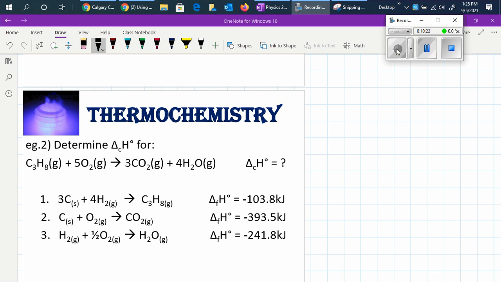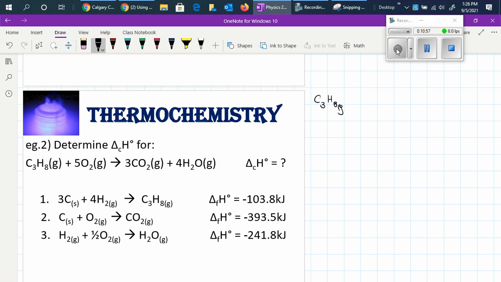So let's start with the main equation: propane is combusted with oxygen, so it's going through combustion and producing carbon dioxide and water. Now if we see the intermediate reaction, we have carbon and hydrogen forming propane. We want propane not on the product side, but on the reactant side, so we flip it. So equation 1 will become